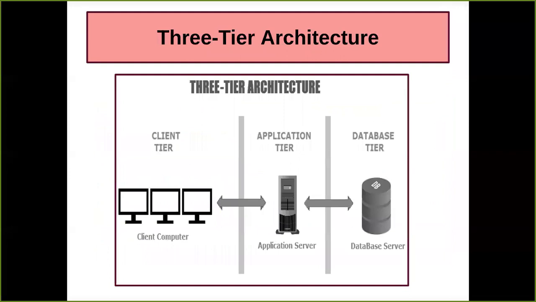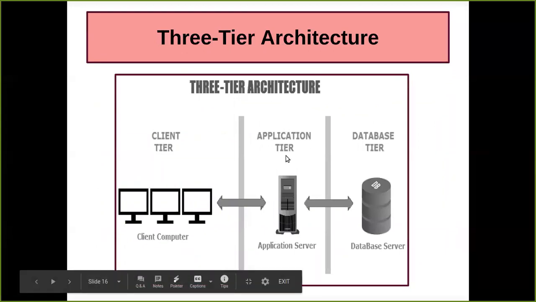Now when we talk about the next layer, that is your three-tier architecture. In one tier, we had all the layers in one place. In two tier, it was divided into two parts, that is your client tier and the database tier. Now in three tier architecture, what is going to happen? I am going to have three layers in three places. Okay, client tier in one client machine, application tier in your application server, and database tier in your database server. Okay,